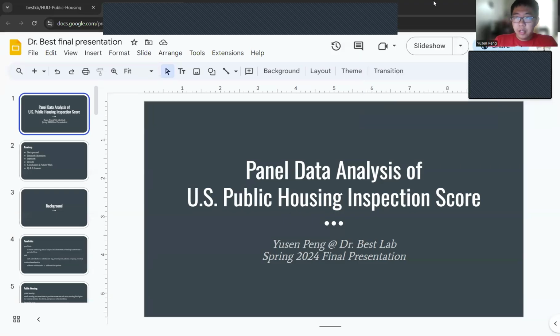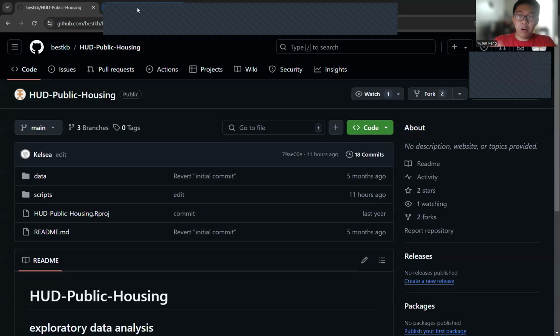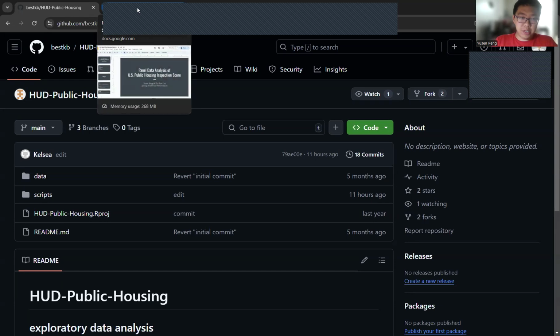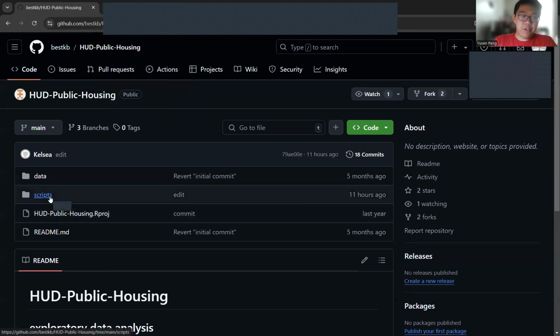How's it going? Basically, today I'm here just to give you an overview of the work I was doing last semester, and my plan is to give an extended final presentation just like last semester, but it's going to be more related to the code base. It's going to be more analysis oriented and more detailed in terms of the data and the code